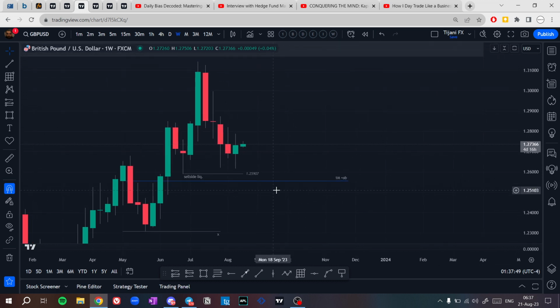Price could just continue lower, taking this sell side liquidity below these equal lows, filling the monthly order block, and then continue higher. And we have this high as our invalidation level. I mean by that, if price goes higher, taking the previous weekly high, there is a higher chance for price to just continue higher from this range.